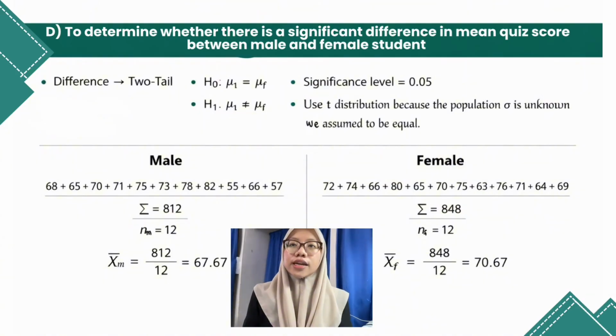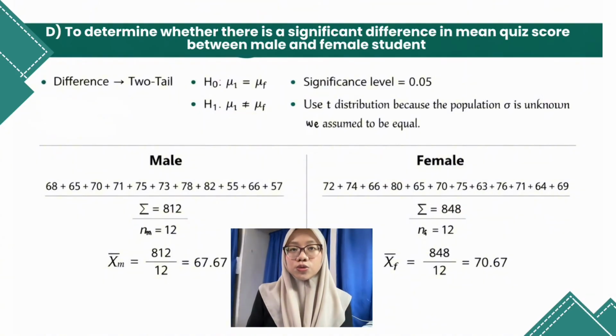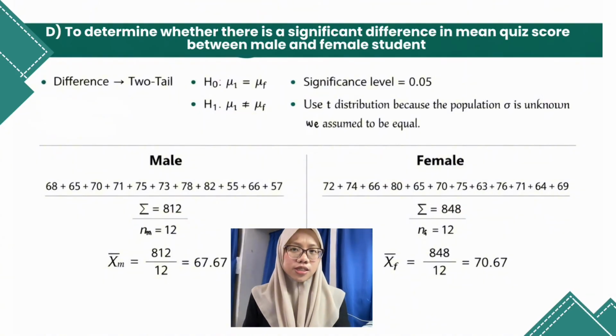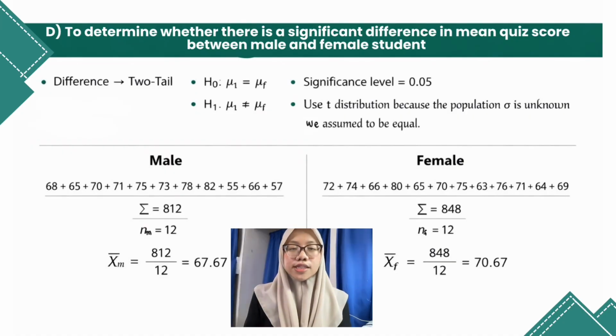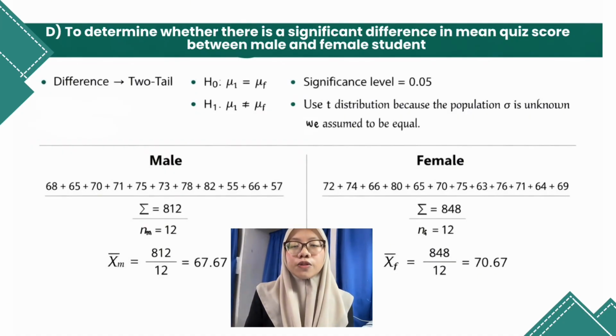Next, I separated the data into two groups, male and female students. For the male group, the total quiz score is 812 with 12 students. Therefore, the mean quiz score for male students is 67.67. For the female group, the total quiz score is 848 with 12 students. Therefore, the mean quiz score for female students is